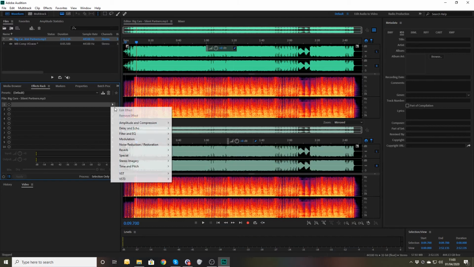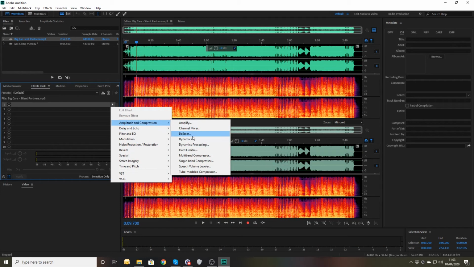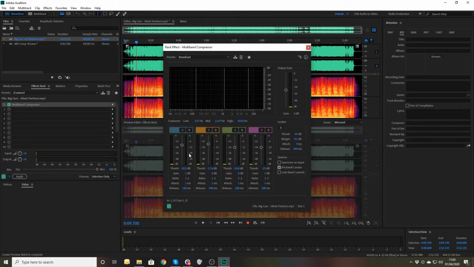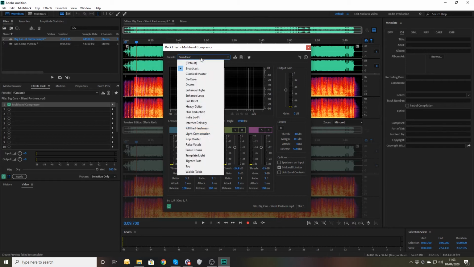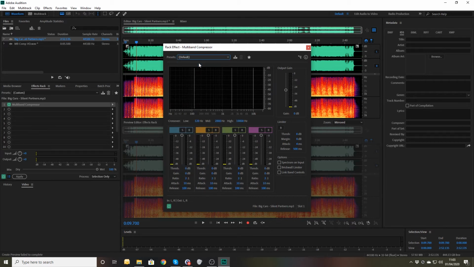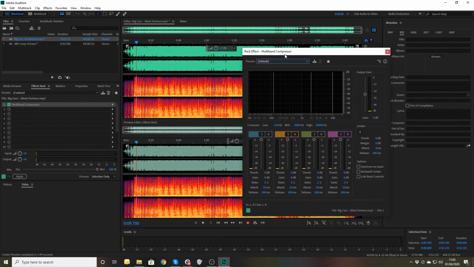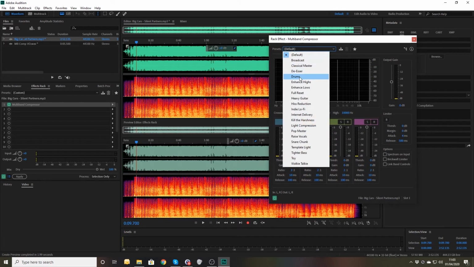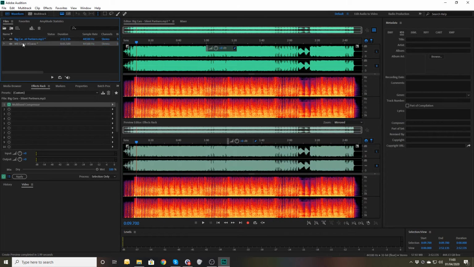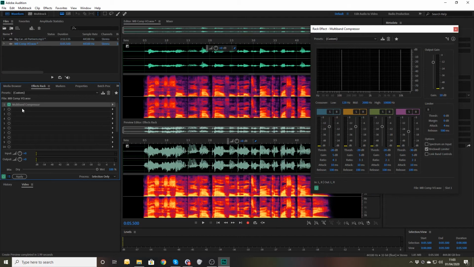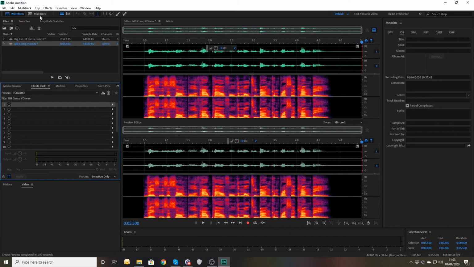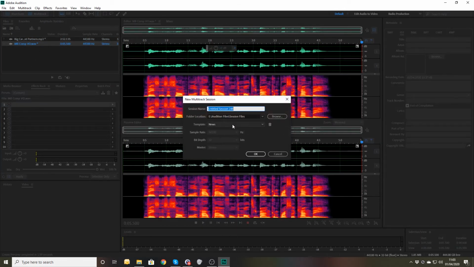Now that's already fairly heavily compressed. I've still got the preview window open, so I'll go into the multiband compressor, and that's already fairly heavily compressed, and therefore not much difference is actually being made here at all by doing this. But if we then go in now and take off that altogether, leave that as normal, and create a multi-track session now, no template needed,